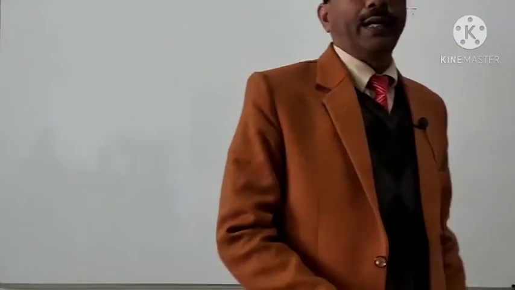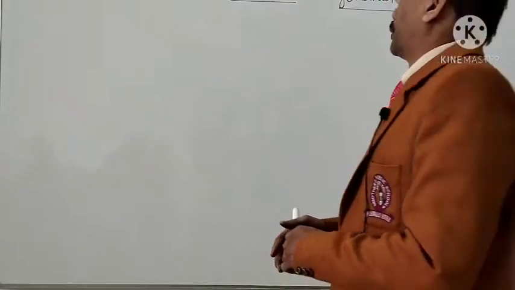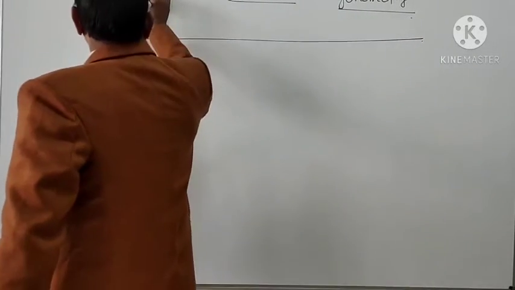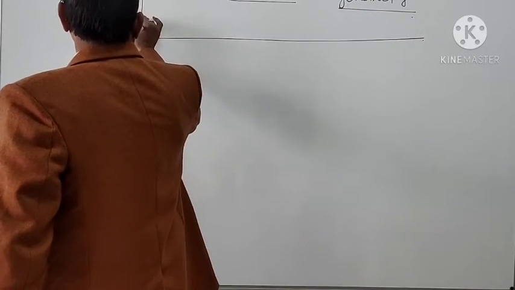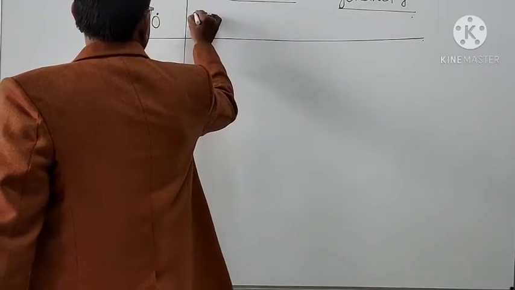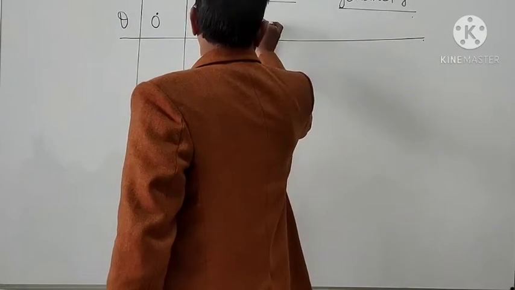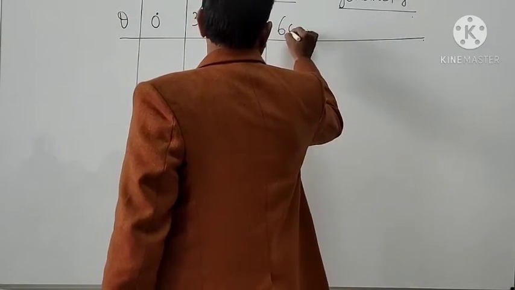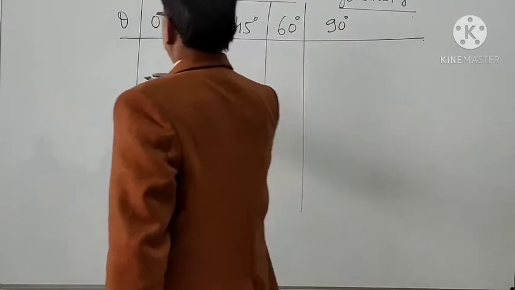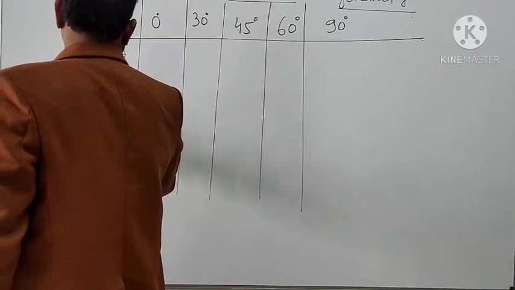Student, today we will learn the trigonometrical tables. So, student, let there be the angles theta: 0 degree, 30 degree, 45 degree, 60 degree and 90 degree. Then there are trigonometrical ratios sin theta, cos theta,